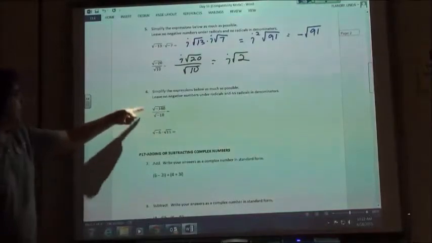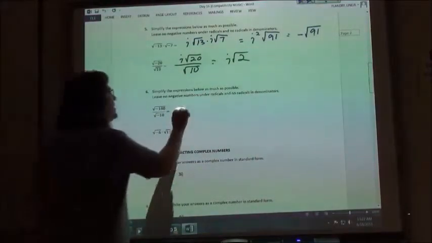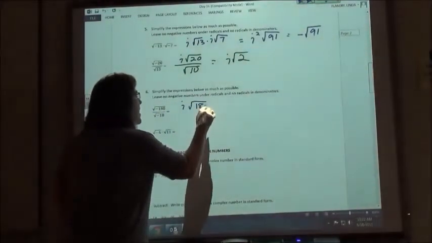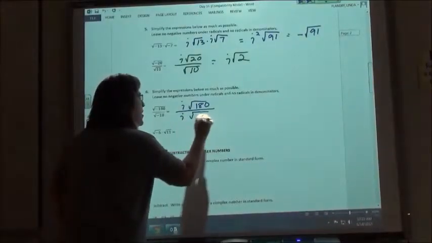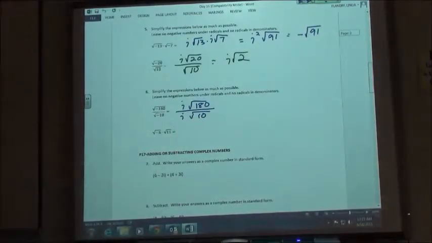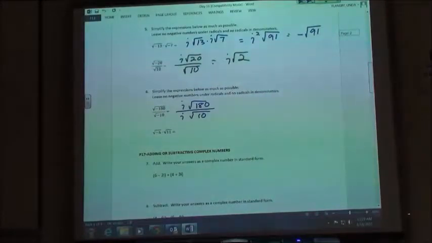So number 6, again, both of those have the negatives inside, so i square root of 180 divided by i square root of 10. If I simplify that, I would get